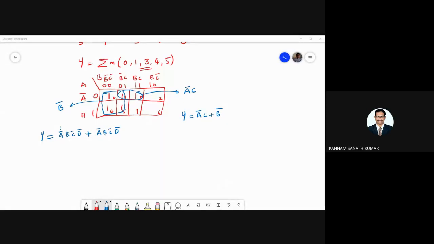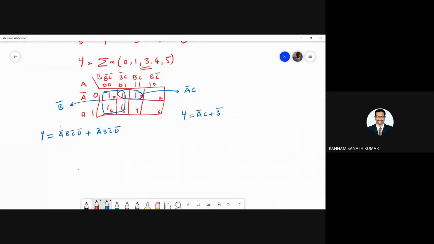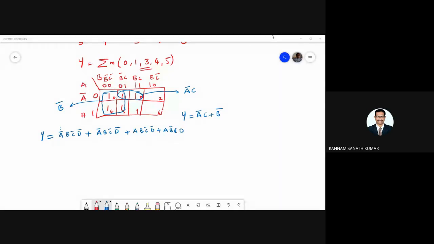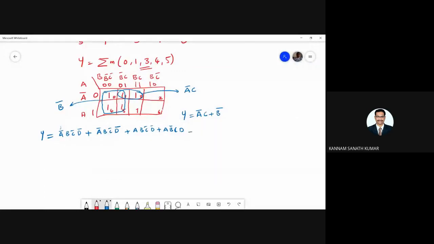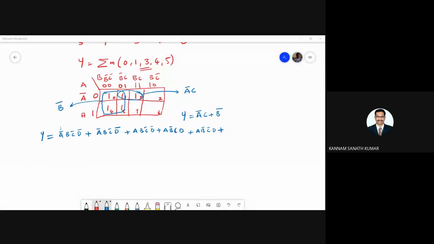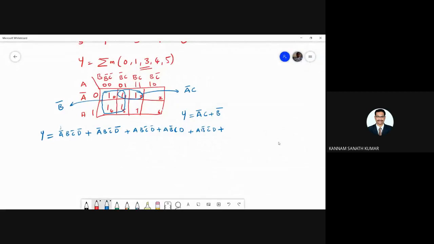Next, A B C bar D bar, A B C bar D, plus A B C bar D bar, A B bar C D, and next A B bar C bar D, plus A bar B bar C D bar.